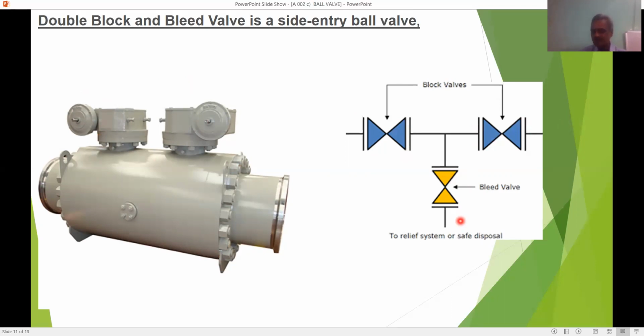It may be a bolted or welded body, designed for use upstream, midstream and downstream. Oil and gas applications require 2 inline isolation valves and a bleed valve used to drain or vent trapped fluid between the 2 closures. In order to safely isolate the downstream pipe, this feature can be achieved with 1 single valve complete with a bleed and block port between these 2 pieces. Is it clear?